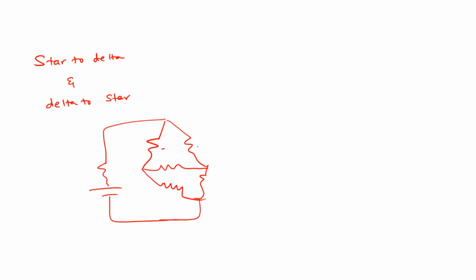So how are these resistances connected? These three, how are these connected? Neither parallel, nor series, right? So how exactly is this connected? This is in the form of a delta, right? Similarly, if you see these three, this one is also in the form of a delta. So under this case, right?